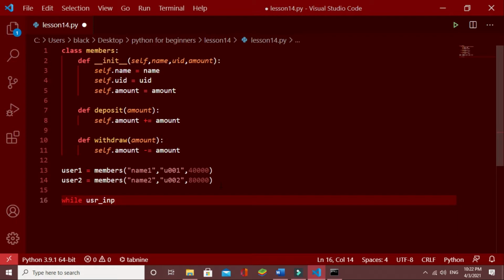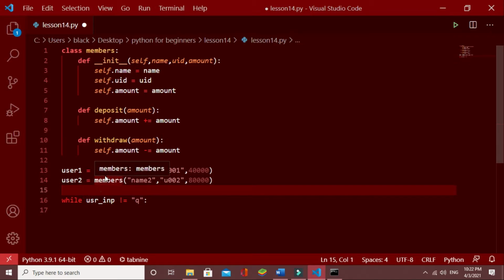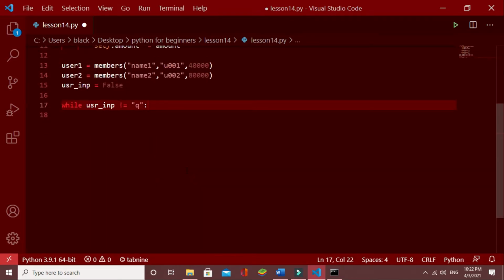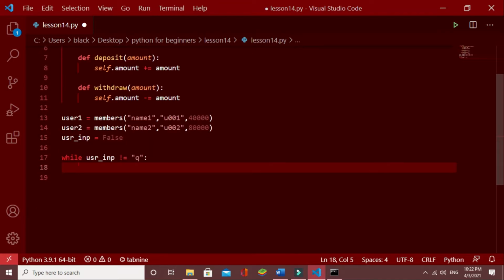This is just a variable, I'll define it later. This loop needs to be run. Here I'll give this user input equals false as its initial value, and while it is not equal to q, we have to repeat something.